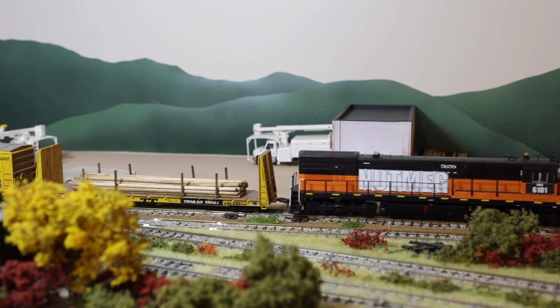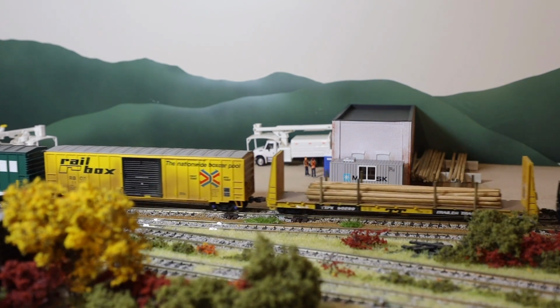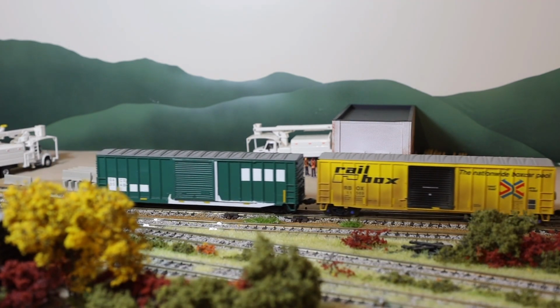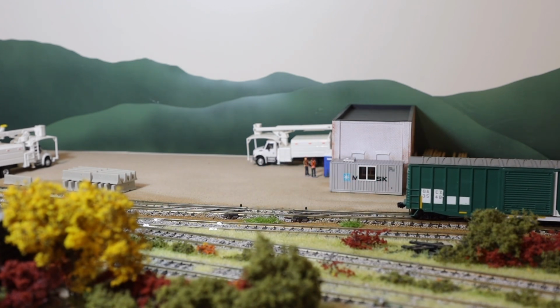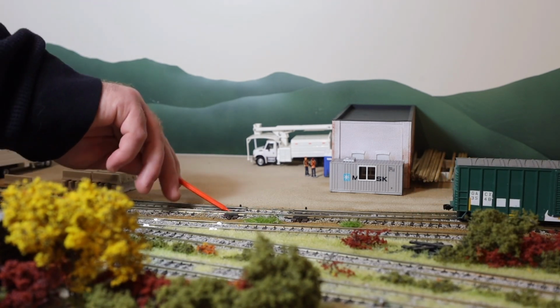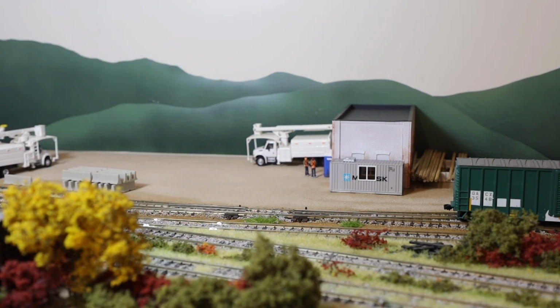So I suppose the question is if I've got intermodal containers now coming onto this layout, where the heck am I going to put them? And the answer to that is, I think what I'm going to do is use my team track as that location for getting recycled materials in those intermodal containers, and we'll go from there. But that's all to say that this is still...